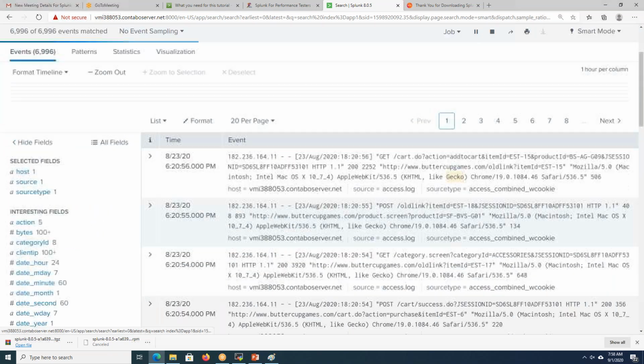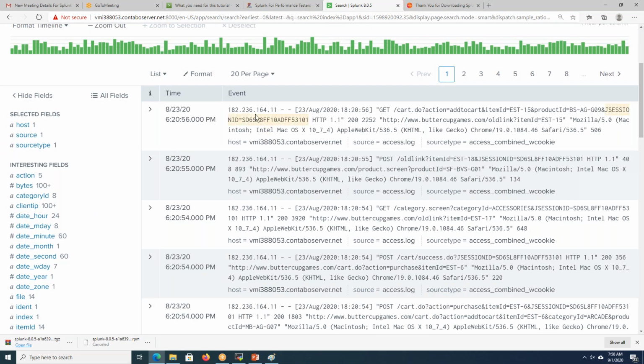Then I will tell you the essence of the source type also. Here you see the IP, the time, the method, and some endpoint. Look at the action: it is a key value pair. Action is the name and the value is add to cart. Item ID is a field with a value associated with it.